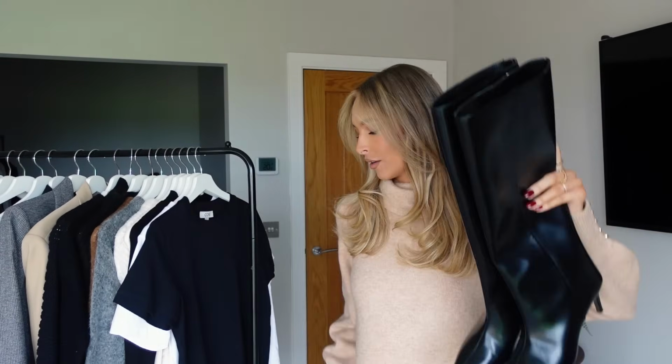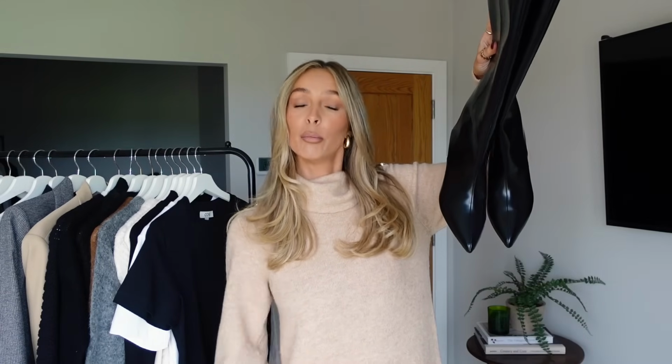You really don't feel like you're wearing heels wearing these. I like the shape of these. You'll notice that the flat boots that I had are a round toe. I like that these are a pointed toe. I just felt they give a different vibe depending on what it is you're going for. You can definitely get away with wearing these during the daytime because the heel is so low. Alternatively, you can also dress them up for more of an evening vibe, which is why I love these boots